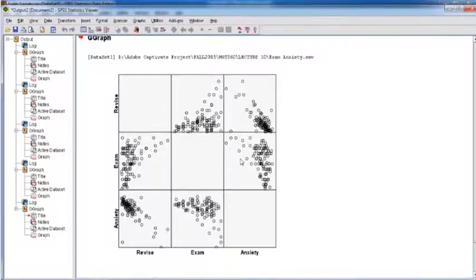So our concern here is to find out the pattern of the relationship between these three different variables. Now from here, it is clear that the nature of the relationship between these three variables is quite different,